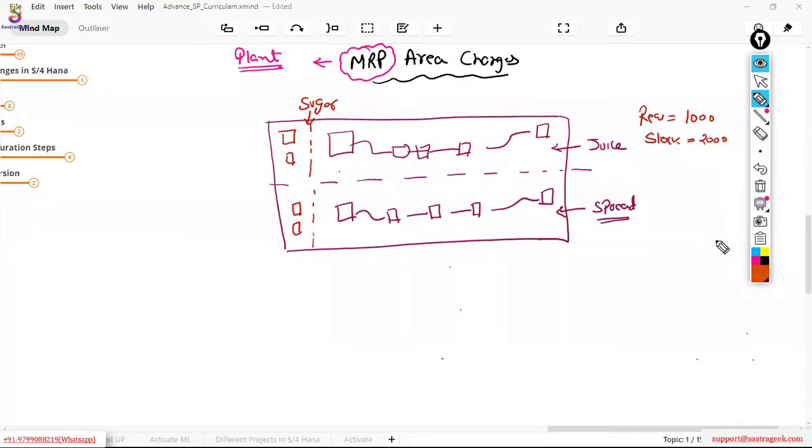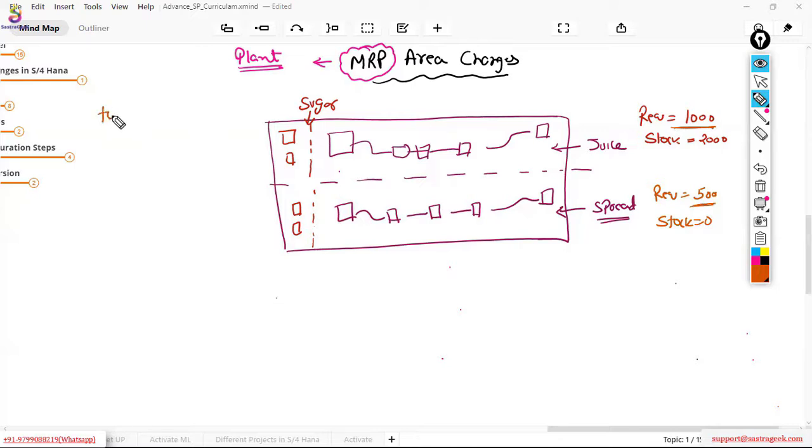But for this line your requirement of sugar is 500 and your stock is 0. So altogether, if you run MRP, the system will say my requirement is 1000 here, 500 here, so the total requirement is 1500 and the total stock is 2000.